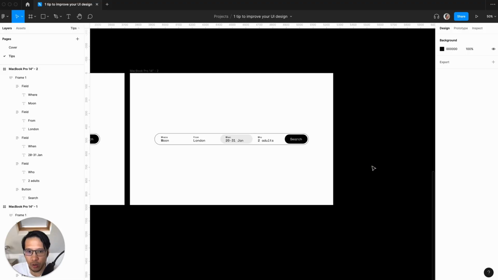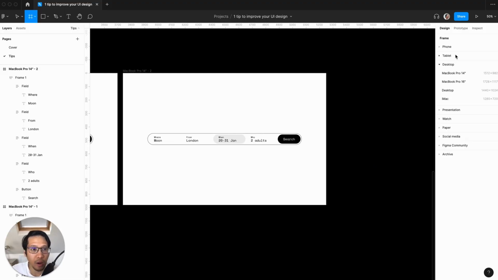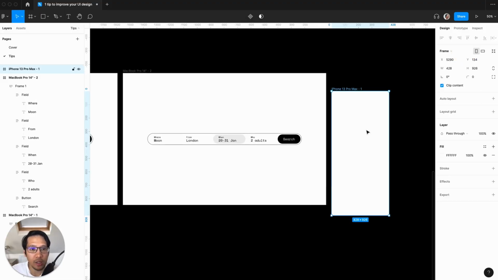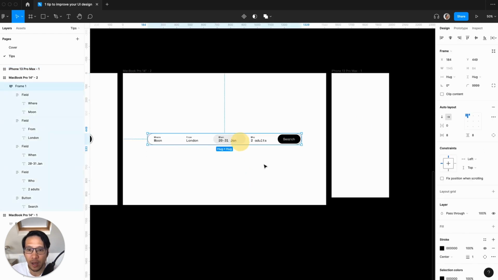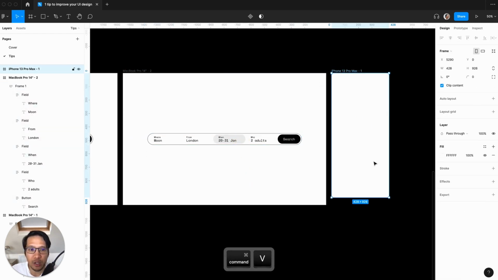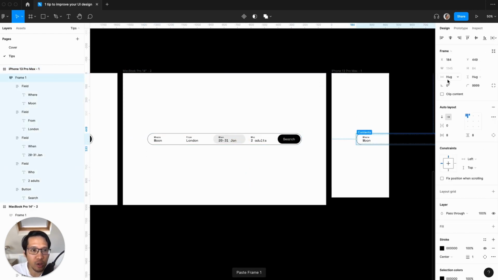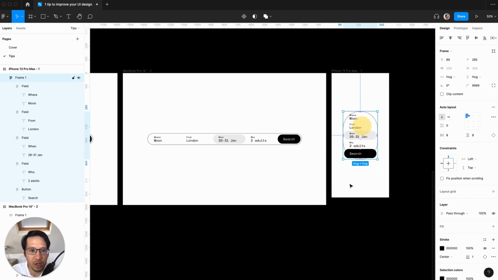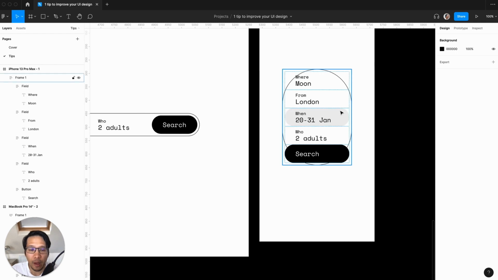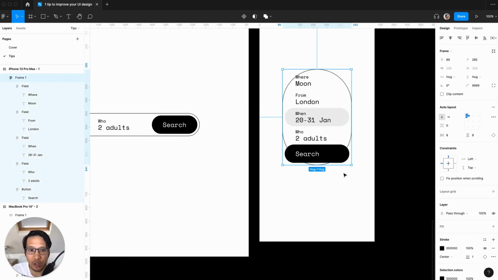So what I'm going to do is hit the F key, go to phone, let's say max. Now let's copy that, paste, and now I'm going to just make it go vertical. Okay, so it's going to go absolutely crazy like that. And now what I'm going to do is just start adjusting things. So here that probably doesn't make sense to be fully rounded, so I'm going to just say 8,